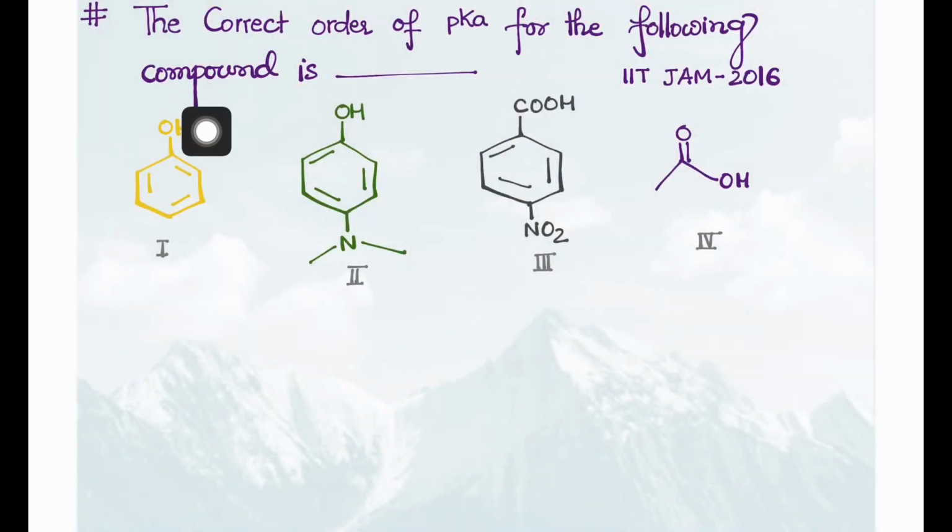In this lecture, we'll discuss the relative acidic strength of the following molecules. This question has been asked in IIT JAM 2016. So let's solve this. The correct order of pKa for the following compounds is... we know that acidic strength